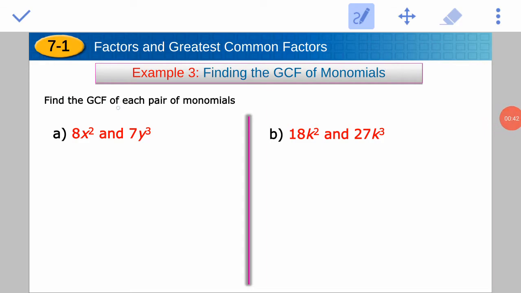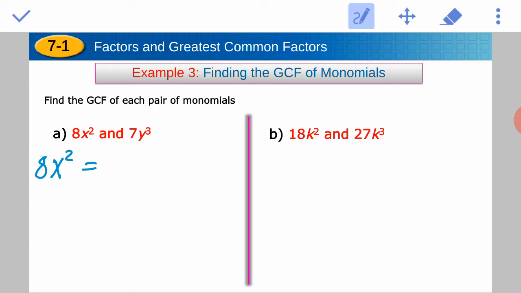Find the GCF of each pair of monomials. The first pair, 8x squared and 7y to the power 3. Step number 1, you copy the first monomial 8x squared in the first line and you factor this monomial completely. This monomial is made up of two parts, the numerical part or the coefficient 8 and the variable part x to the power 2. When you factor the coefficient 8, you do the prime factorization,